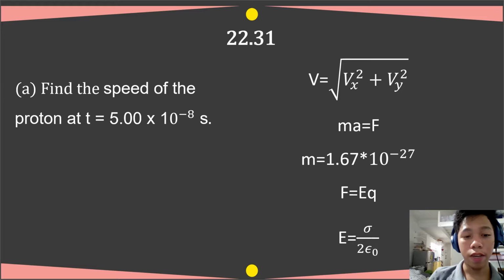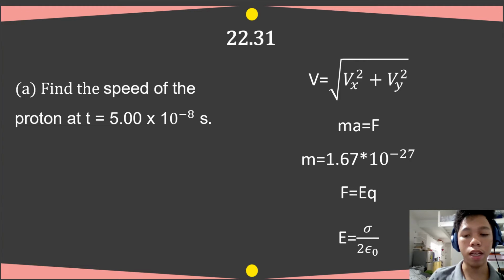So we were tasked to find the speed of the proton at t equals 5 times 10 raised to negative 8 seconds. In order to get the magnitude of the speed, we're going to use the Pythagorean theorem. Then we're going to use the force formula, which is force equals mass times acceleration. The mass is the mass of the proton, which is 1.67 times 10 raised to negative 27. And for the force, we're going to get it from